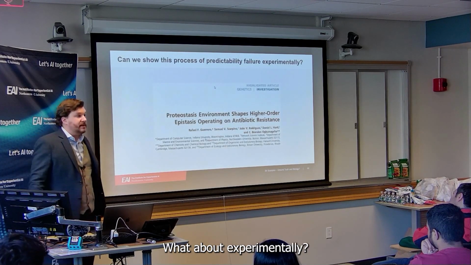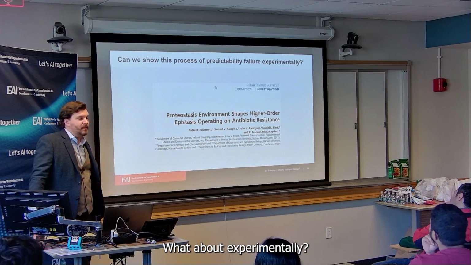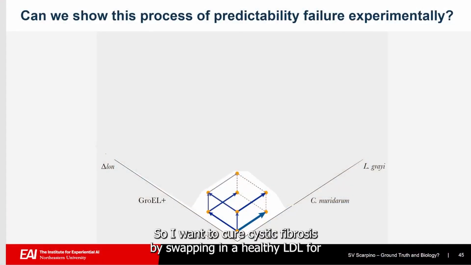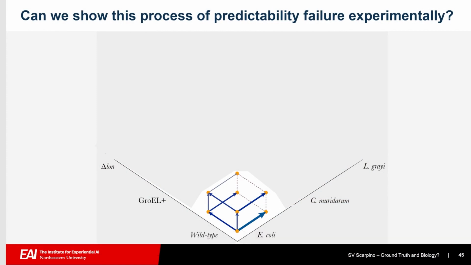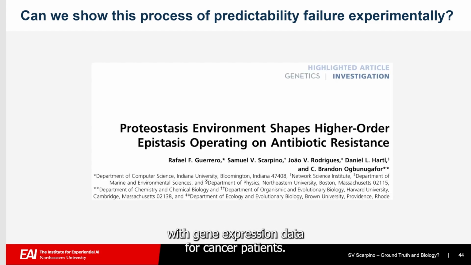Okay, what about experimentally? I want to cure cystic fibrosis by swapping in a healthy allele for individuals with cystic fibrosis. Or maybe I want to go in and I want to try to address this issue with the gene expression data for cancer patients. So what we did is worked on this data set where we looked at different combinations of antibiotic